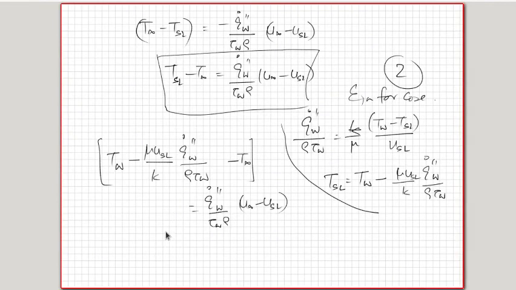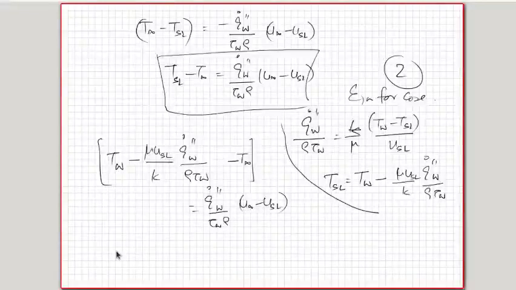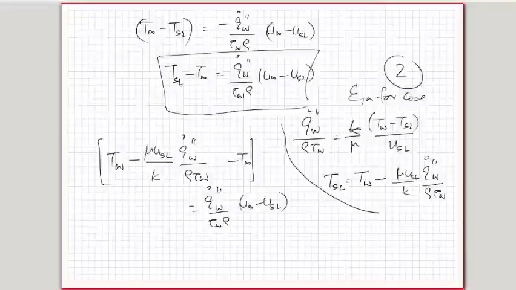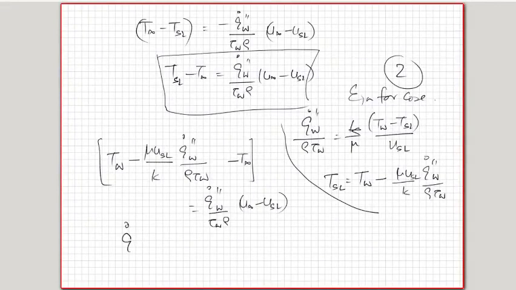So I'll be able to write Q dot double prime wall divided by tau wall